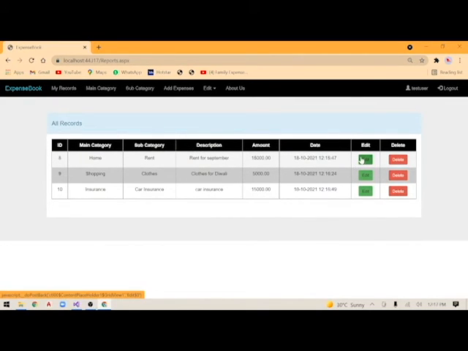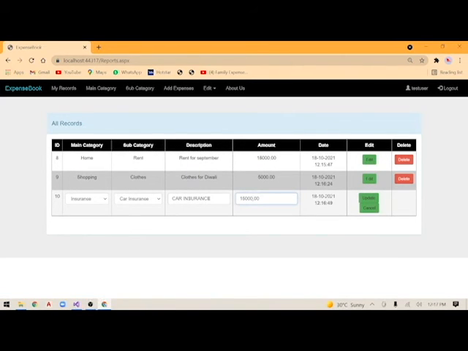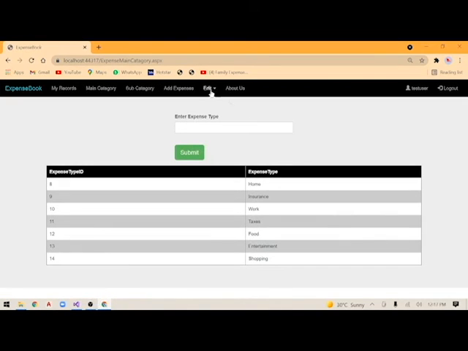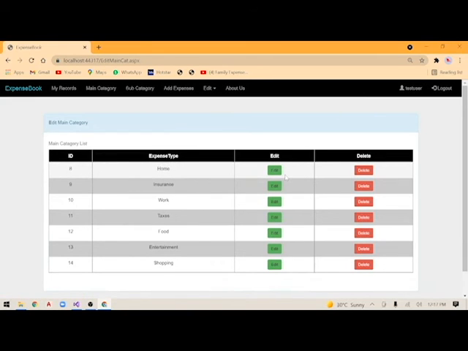Now you can edit, like the car insurance here, and then you can just subtract this and update the table. So this is the place where you can also edit and remove all the entries that have been done till now. And for the main category, if you want to edit a main category, you can also edit it, such as the shopping.